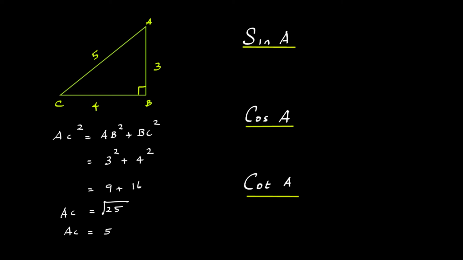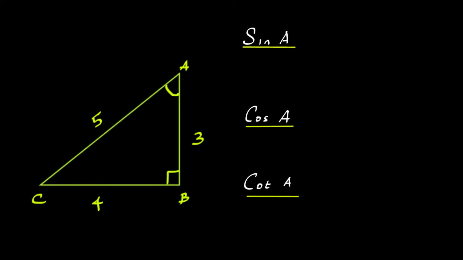We need to calculate the trigonometrical ratio for acute angle A. Now if you notice, the acute angle A and the 90-degree angle are on the side AB. So AB becomes our base, BC becomes our perpendicular and side AC becomes our hypotenuse. So sine A is calculated using the ratio perpendicular to hypotenuse. Substituting the values, we have 4 by 5. Therefore, sine A is equal to 4 by 5.